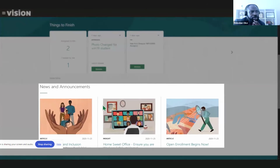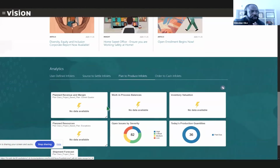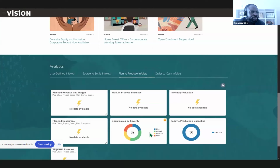If we scroll down a little bit, past the requests for approval and FYI information, past the news and announcements from our enterprise-wide publishing, we can see the various analytics, including tailorable analytics, user-defined analytics, as well as some seeded ones, including plan to produce. These infolets